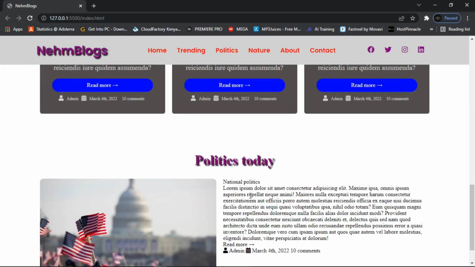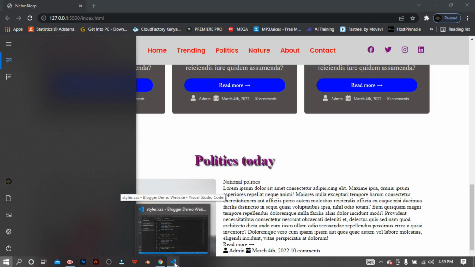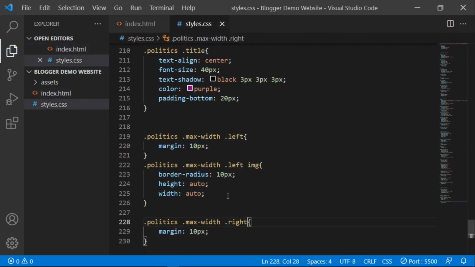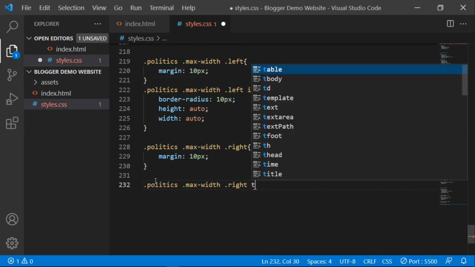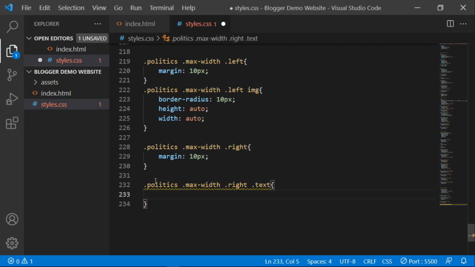Let's now style it further. Let's begin with this text. So now let me see, the class name is text. So let me just copy this part, and then paste it down here. But now targeting text, dot text, then I open and close the curly brackets, and then I'm going to give it